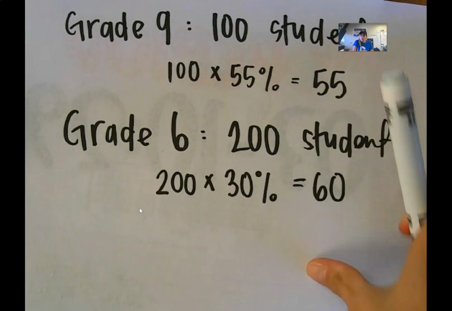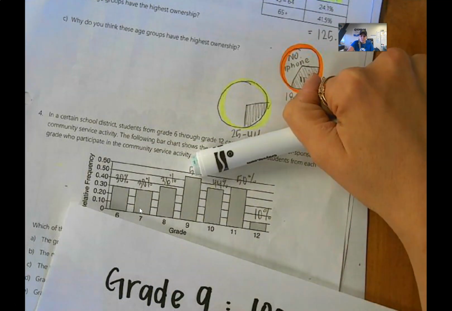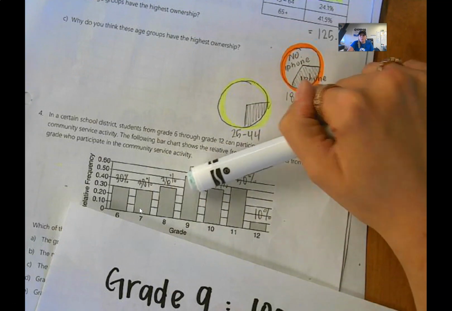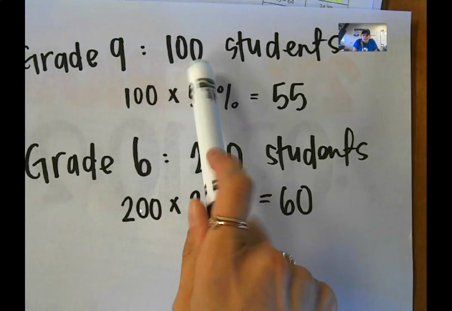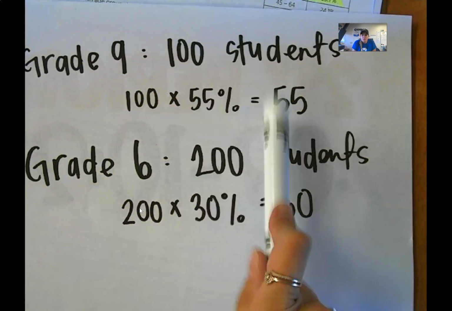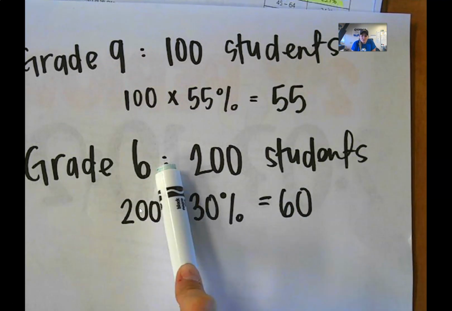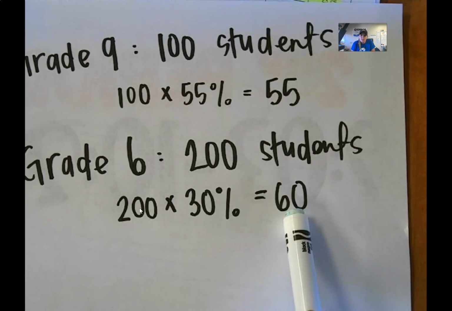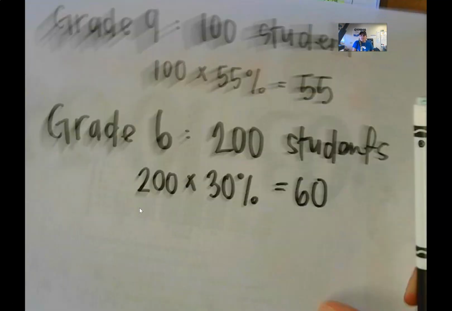Well, even though this bar is the highest bar on our frequency table, because it's telling me the percent, that doesn't mean that that grade level had the most students. And this is an example of that. Grade 9 could have only 100 students, which means only 55 of them did the service activity. And grade 6 could have had 200 students and have more students that participate even though their percentage is lower. So it is not